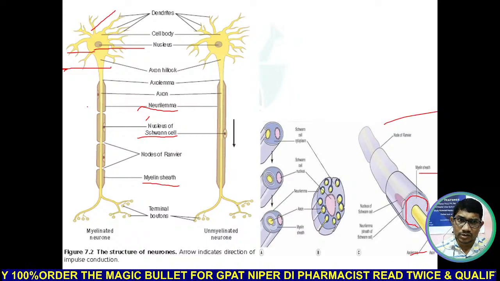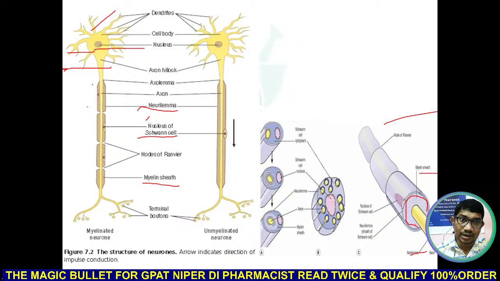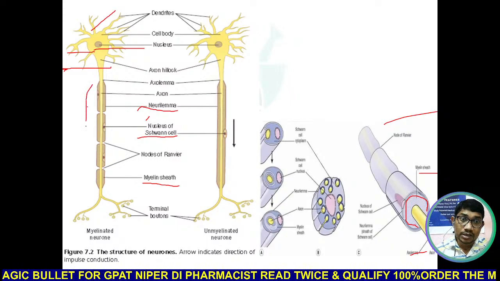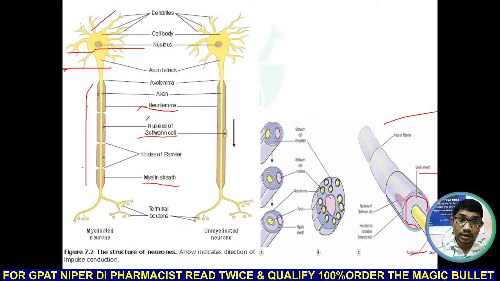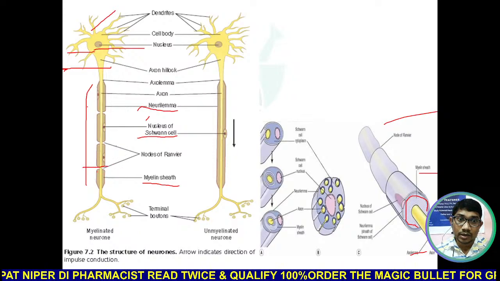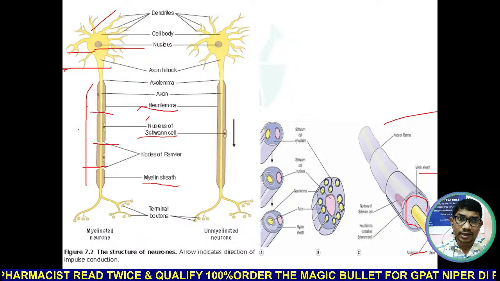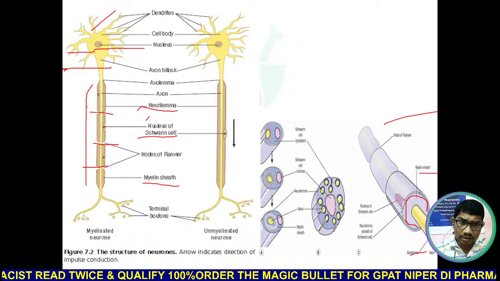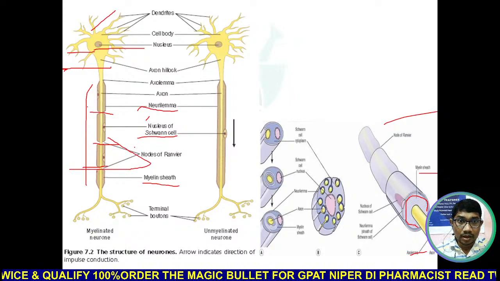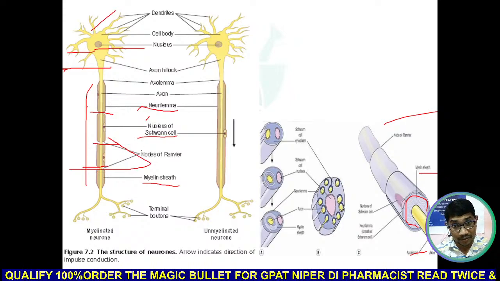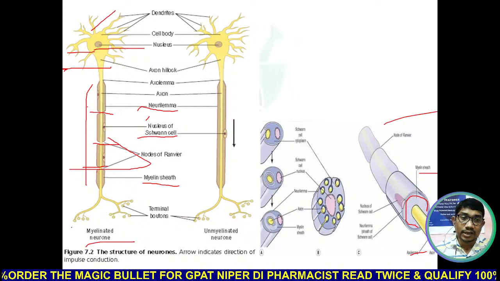In some nerves, this neurolemma is not continuous. In some neurons, neurolemma is not continuous. It is absent at some points. These gaps in the neurolemma are known as the nodes of Ranvier. This helps in the faster conduction of impulse, है ना।